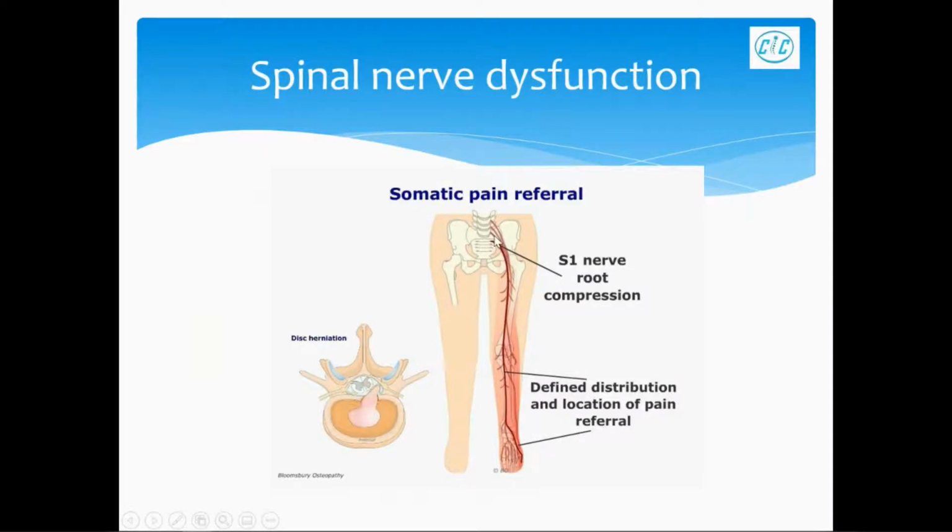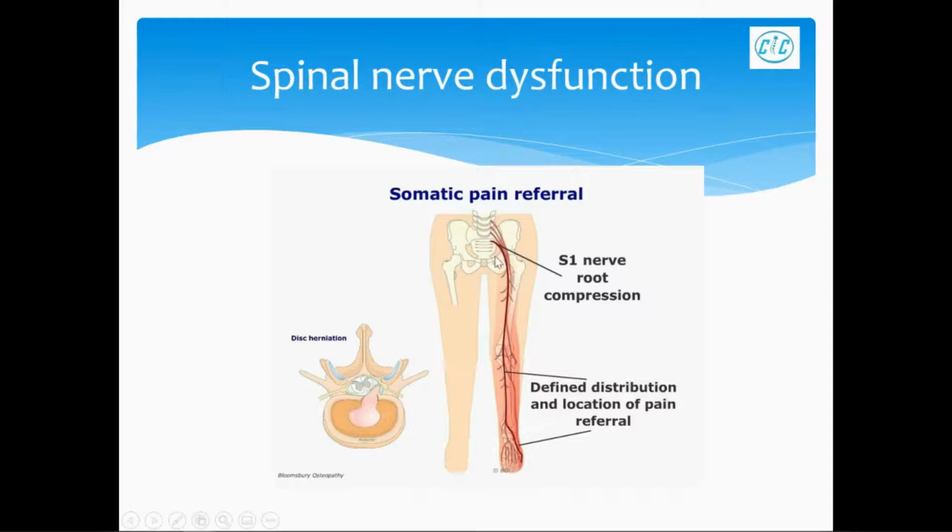This one is the spinal nerve dysfunction. As we talk about that, the spinal nerve is not the same as other nerves that we are familiar with. They are numbered, and if they are coming from the sacrum, it's called S, and then there are different levels, S1, S2, S3, or 4, and so forth. If it's coming from the neck, it's called C1, C2, C3, and so on. Thoracic would be T, and the lumbar with the L. And